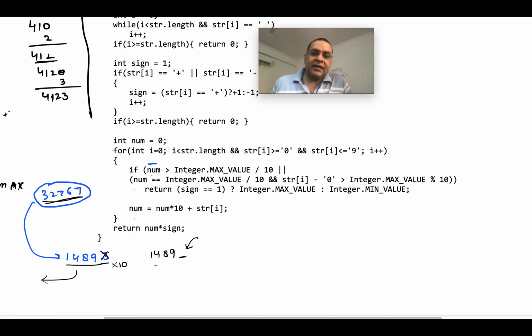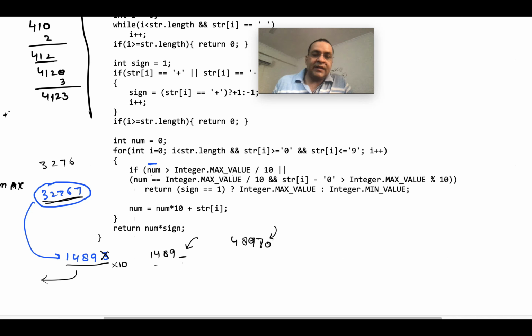If the number is greater than Integer.MAX_VALUE divided by 10, which is 3276, say I have 4897, then after this I cannot accommodate one extra digit, because even if I put a 0, that number will be more than the integer maximum.